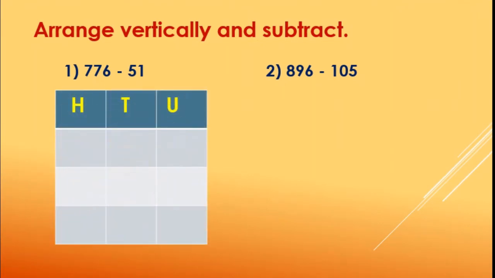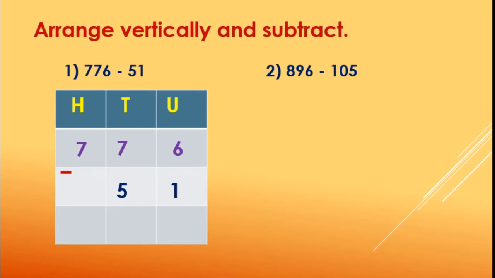Now you know how to write. Correct, from the unit place: 6, 7, 7. Then 51 is there. Only 2 digits are there. So if you start from the unit place, you will get the proper answer. 1 here in the unit place and in the tens place you will write 5. Nothing to write in the hundreds place. Remember this because only 2 digits are there. So if you want, you can put 0 in the hundreds place.